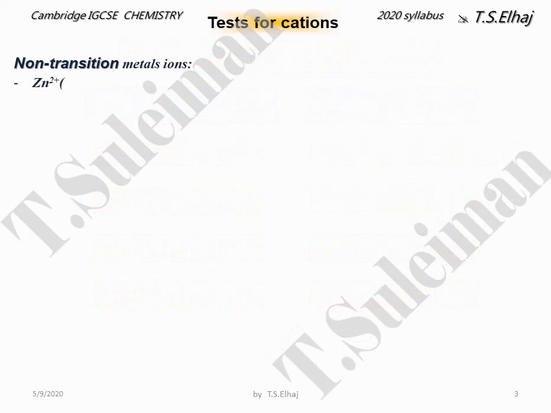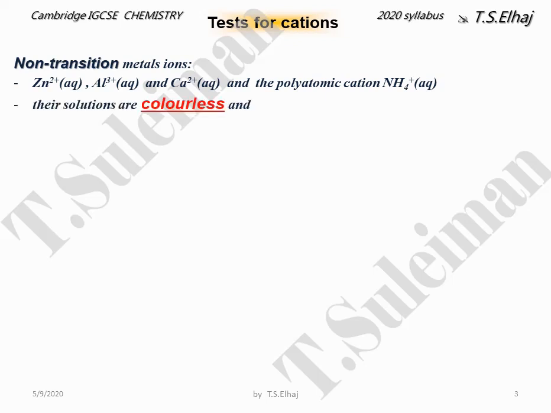Non-transition metal ions. These ions are zinc, aluminium, calcium, and we also have the polyatomic ion, ammonium ion. We have to keep in mind, before we start solving questions related to tests for ions, gases and so on, that the solutions of non-transition metal ions are colorless and their compounds are white, because in many questions